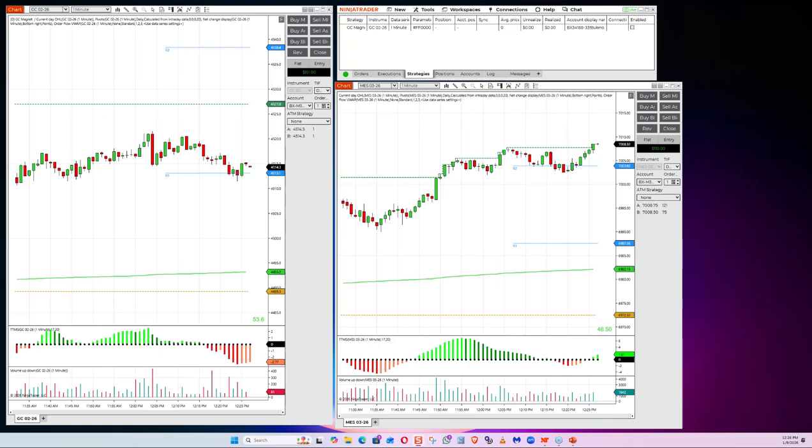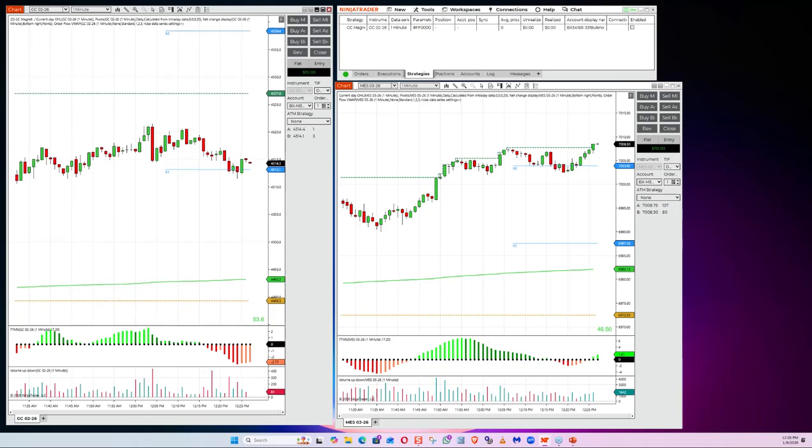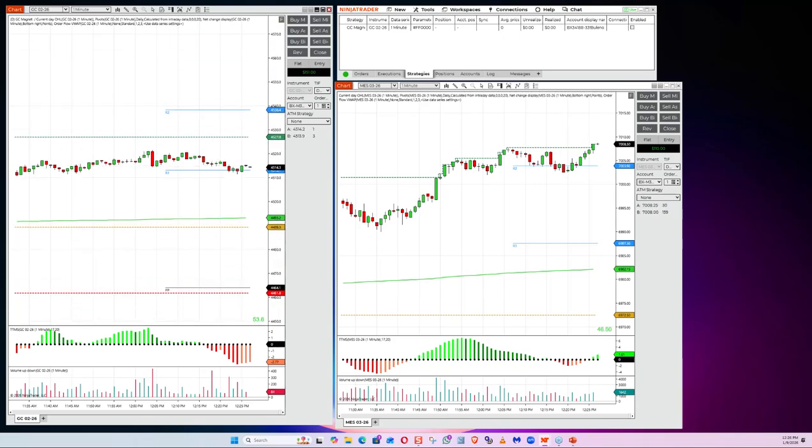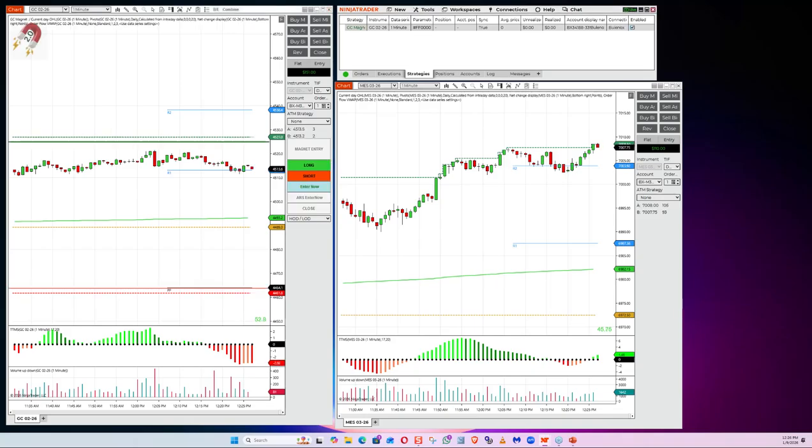This is a real chart of gold at the moment. So for instance, if I want to put a high of day, low of day gold trade on the chart, right here where my cursor is is the green high of day. Down below is the red low of day. Our magnet trade has an automatic setup, and it's real easy to do. I just choose magnet trade. I choose high of day, low of day. I apply it and I okay it, turn it on, and now I've got my orders